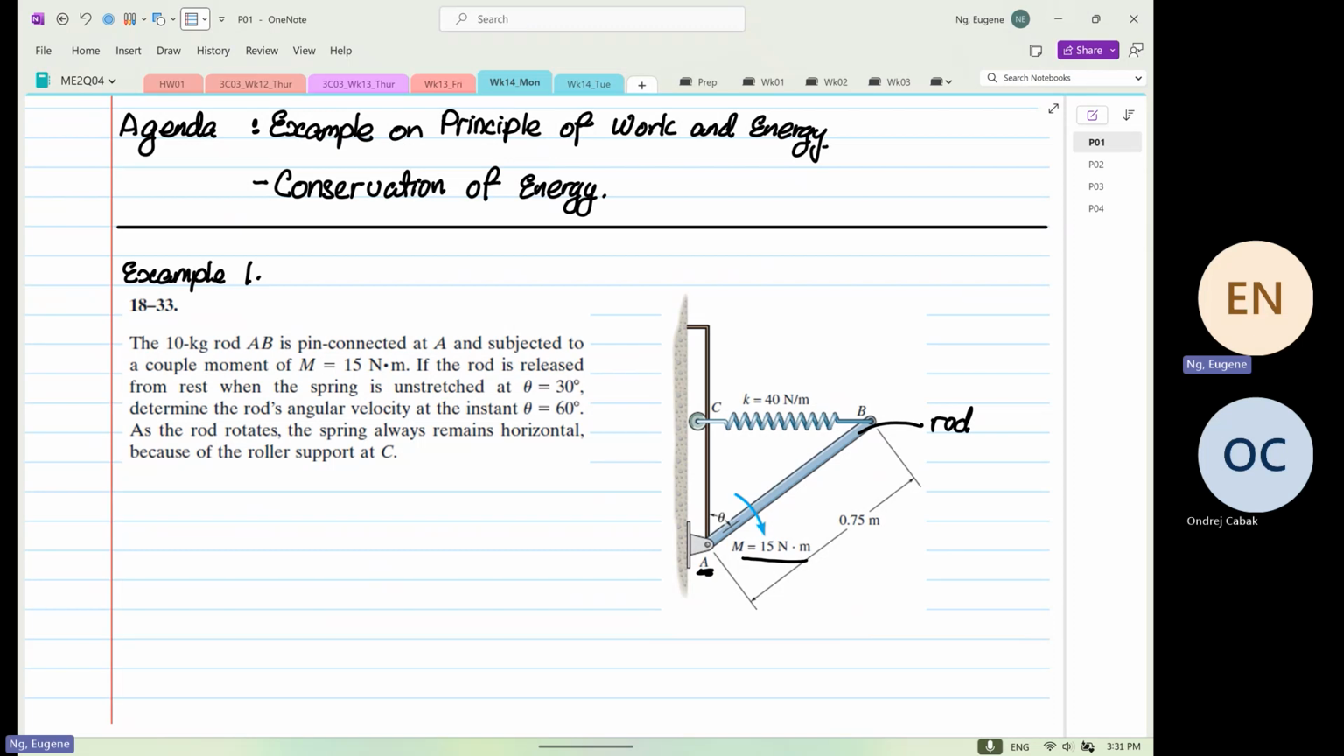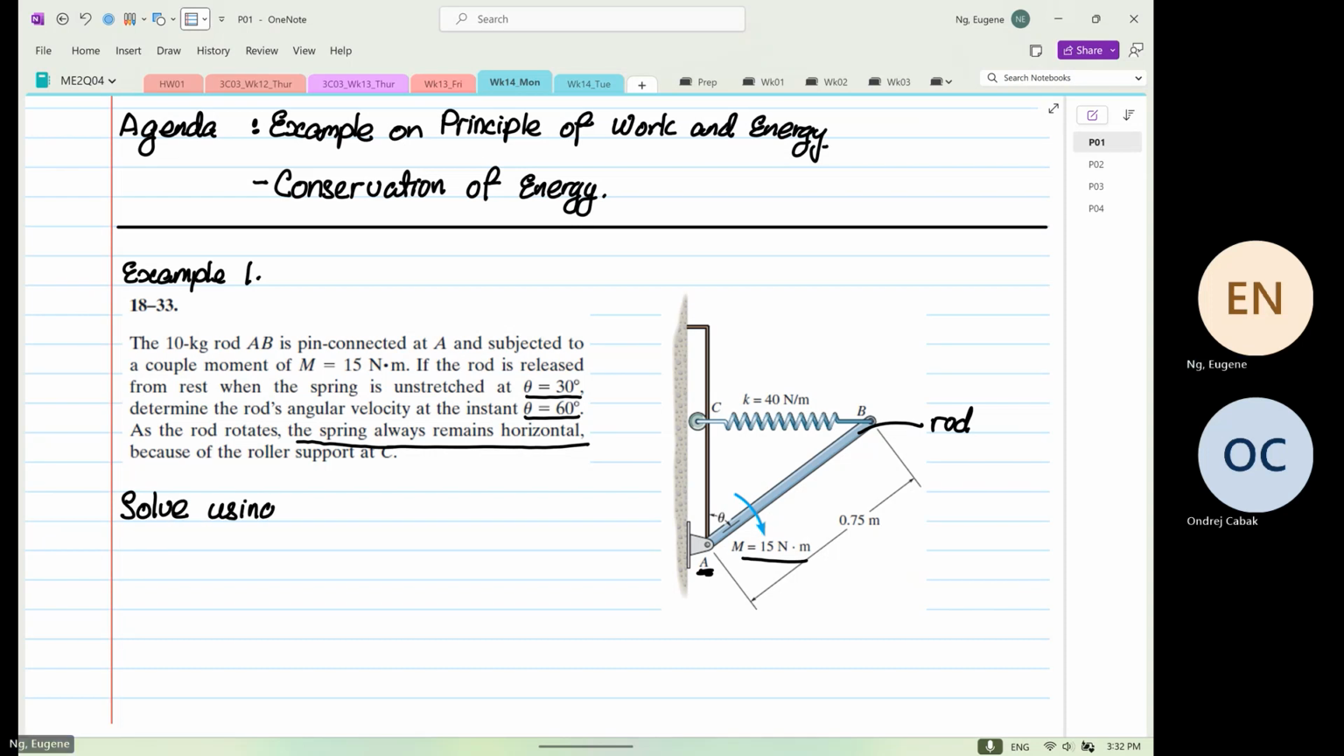If the rod is released from rest when the spring is unstretched at theta equal to 30 degrees, determine the rod's angular velocity at the instant when theta is equal to 60 degrees. Now, this next point is important. As the rod rotates, the spring always remains horizontal because of the roller at support C. So for this case, we are going to solve